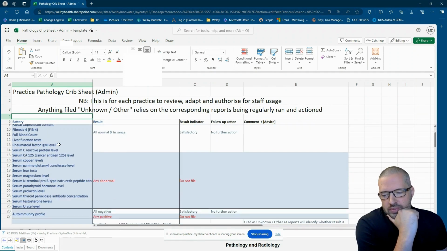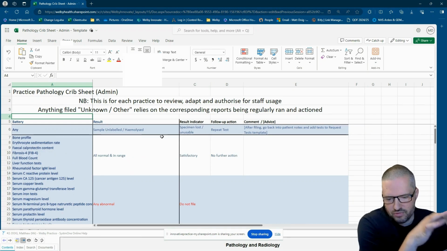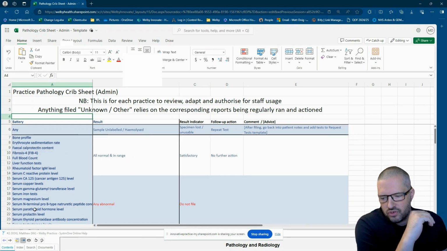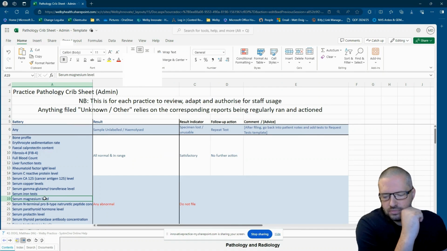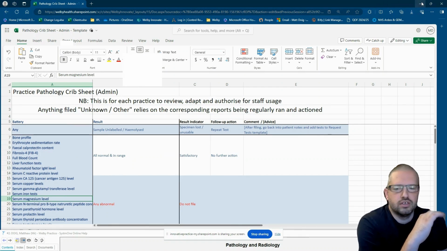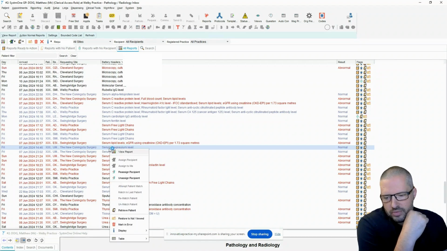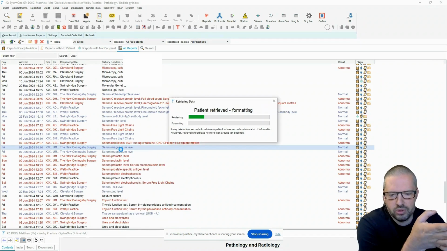What we've done is we've given them a list of things that we're happy for them to file as long as the result is normal and in range. So, for example, serum magnesium level, we're doing a few more of those these days because the recall system's doing some checks for interactions there. So with this serum magnesium level, I can review the report